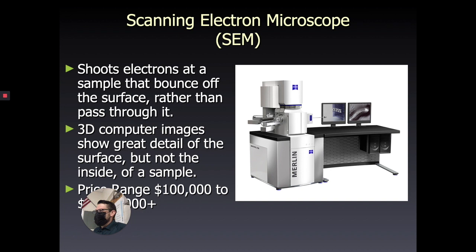And this works in a similar way in that we're going to shoot a beam of electrons at our sample, but instead of shooting the beam through your sample, we're going to bounce those electrons off the surface. Here, we're not going to see the inside of the sample, we're actually going to see the outside surface. So this is the first kind of microscope that allows us to see the outside of our sample. And again, we're going to need computers to process the image here. And since we're bouncing the electrons off the outside surface, we're going to get a three-dimensional image of the outside